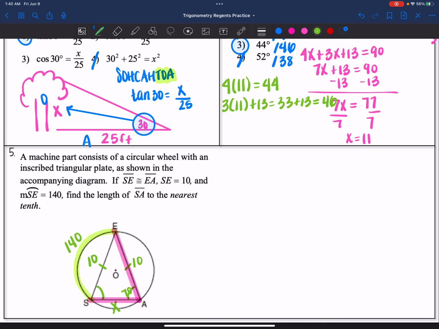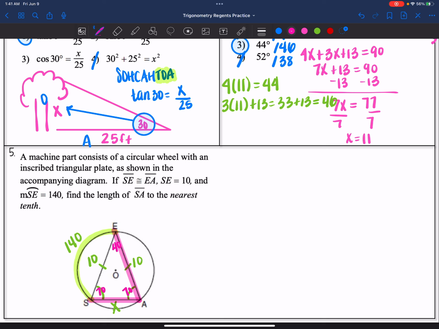Let me do a different color. 70. So that means that this is 70. So if those two are 70, that's 140. That means that angle E is 40. And ultimately, I'm looking for X, and I need to recall that if I don't have a right triangle, but